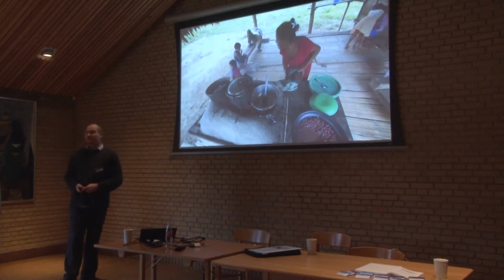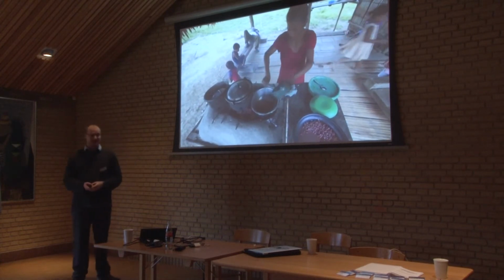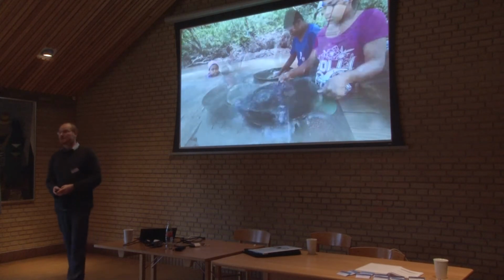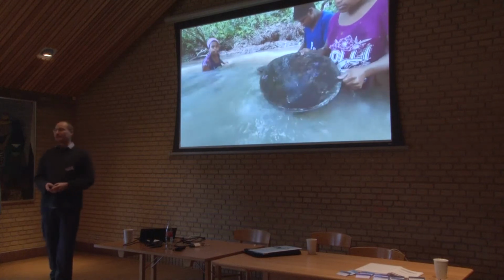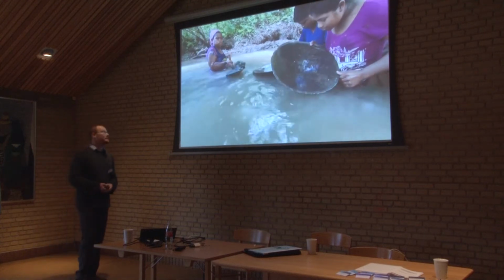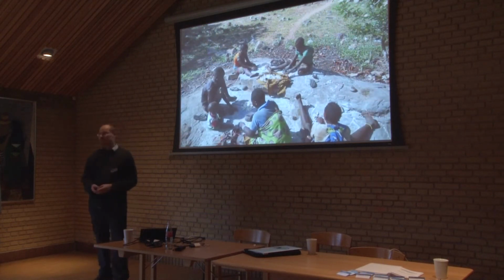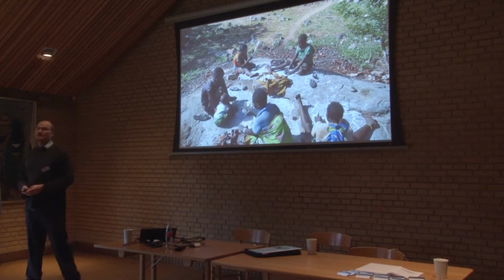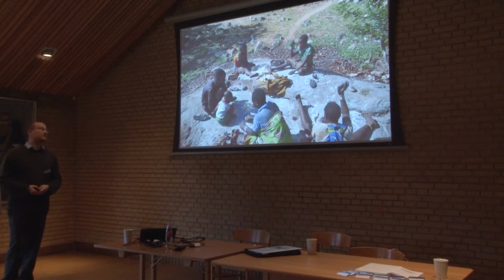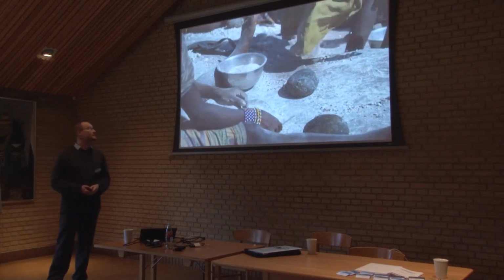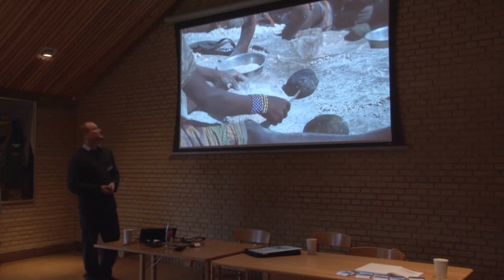This is a population of horticulturalists who are gathering crops that they've grown themselves. This is a population in Nicaragua. To give you a sense of what a kitchen looks like. Again, these are subsistence populations, so for the most part, they're growing their own food rather than purchasing it. This is gold panning taking place in Nicaragua as well. This is one of the most famous anthropologically studied populations, the Hadza, who are known as, well, some parts of the Hadza are still hunter-gatherers, and they live in Tanzania, processing food.